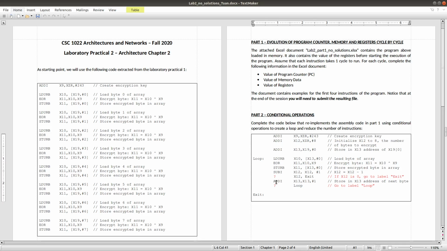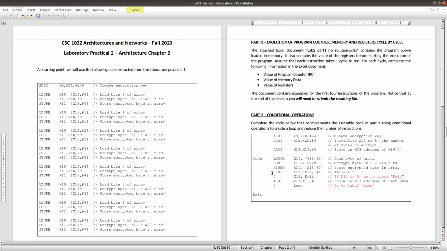That's why here we have an instruction ADDI x13, x13, 1. This instruction will add value 1 into x13, making x13 point to the next address in the memory, and then after that we will need to come back to the loop for the operation.